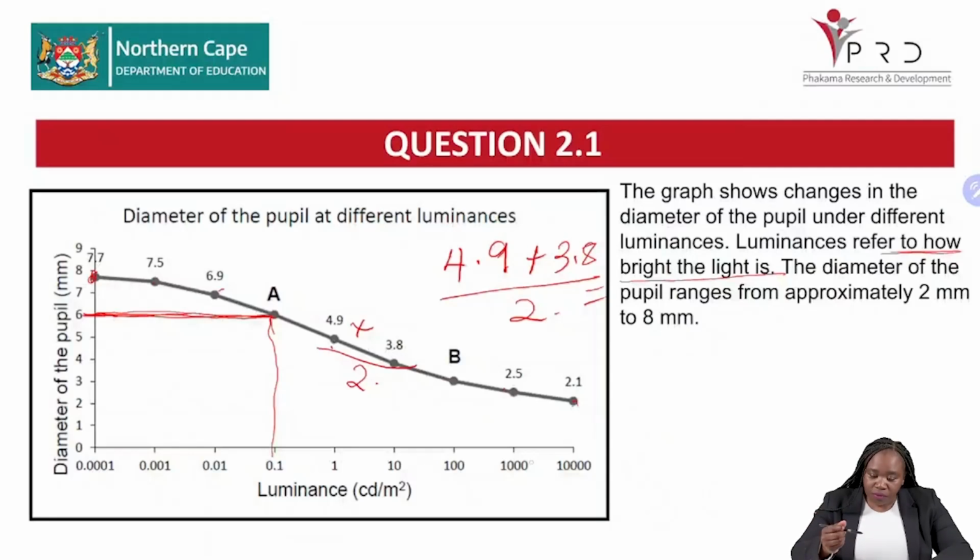So here we can see that as the luminescence increases, there is a decrease in the diameter of the pupil. So that is the relationship that you would give, that as luminescence increases, the diameter of the pupil decreases. Now, by that, you can also identify that the luminescence is our independent variable and the diameter of the pupil is our dependent variable, because the change in luminescence is what causes a change in the diameter